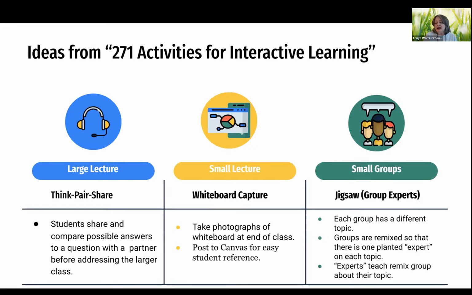We also have some information we wanted to share with you from a really great resource that we found, and it's called 271 Activities for Interactive Learning. But we really like this thing. It's long. I mean, there really are 200 things on it. And in a minute, I'll drop a link in the chat for you to that document and to some of the other resources we want to share with you in case you just want to grab those and keep them to look at later. Some of those things aren't going to work, right? Like you'll look through it and you'll think, not that activity, but some of them are really good.